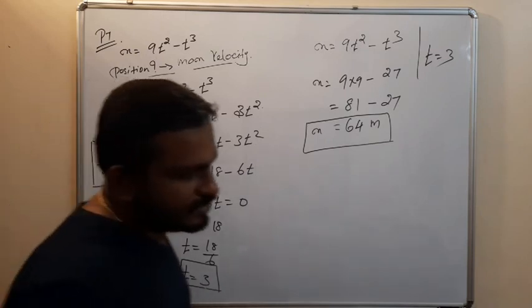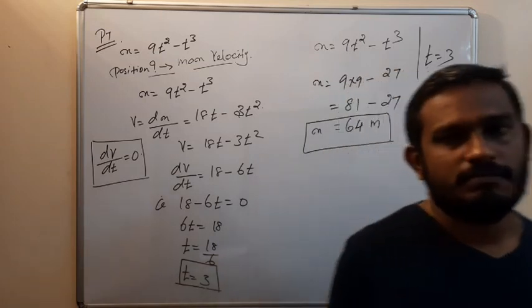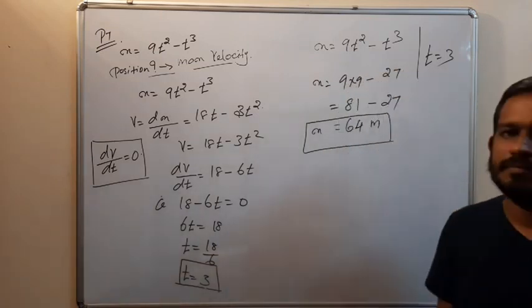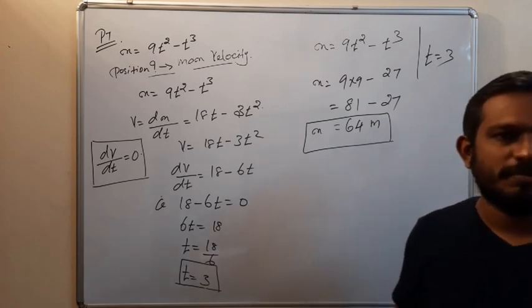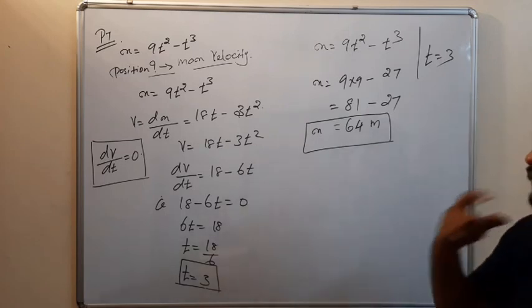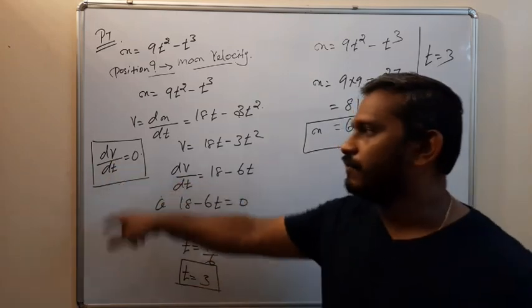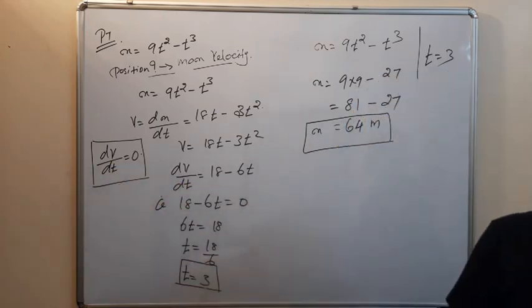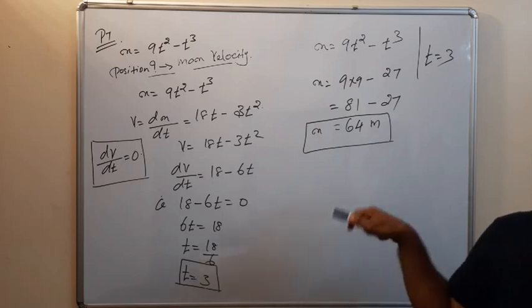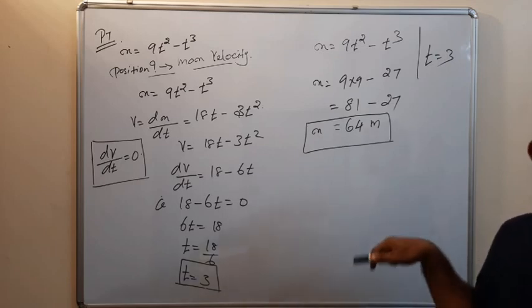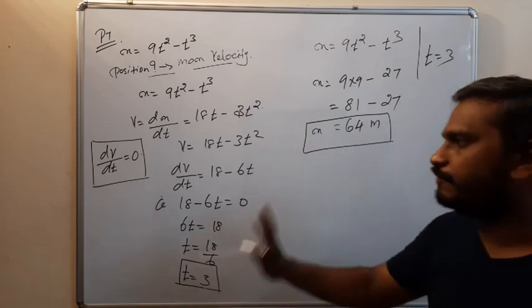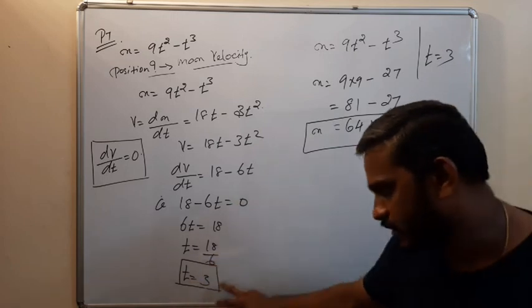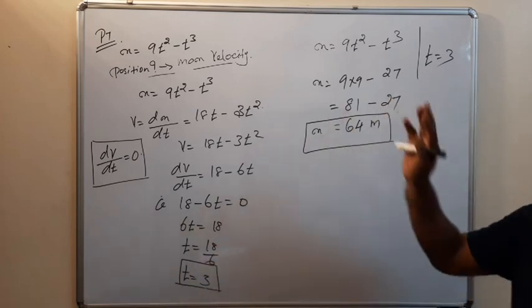At the value of t is equal to 3, the function may be maximum or minimum. If you want to confirm whether it is maximum or minimum, we can use the second derivative check. For that we find d square v by dt square. In the second derivative check we get a negative value. If the negative value comes, it is definitely maximum. So it is confirmed, when time t is equal to 3 seconds, the velocity is maximum.